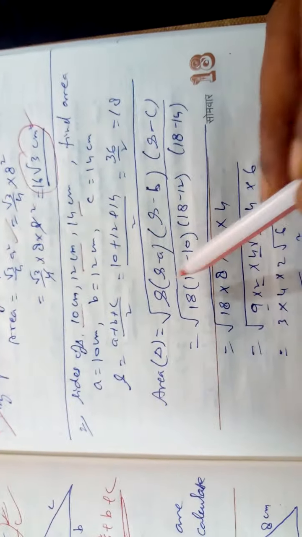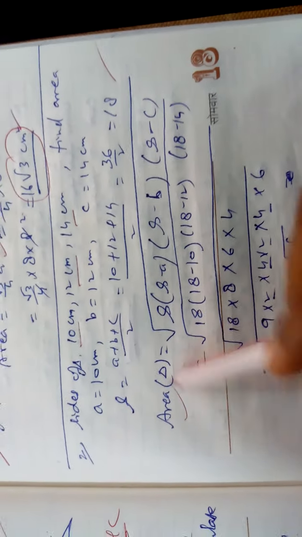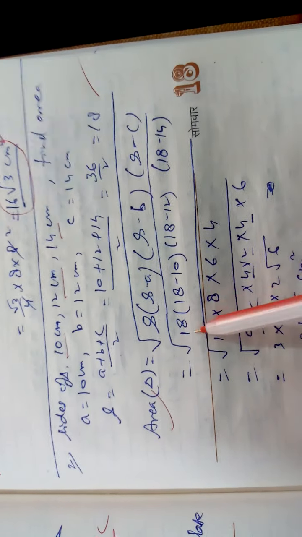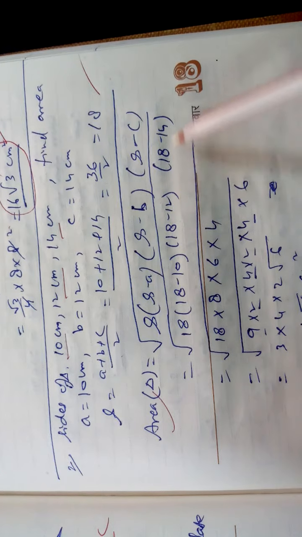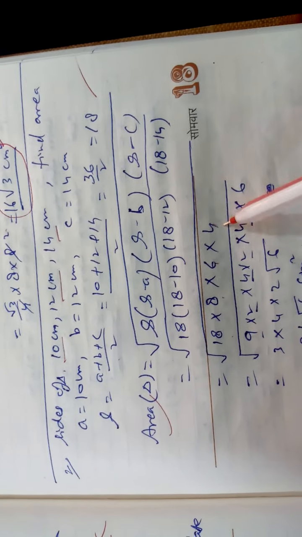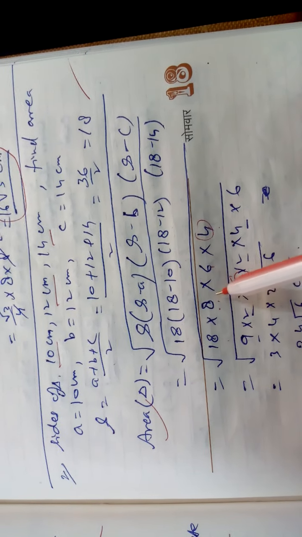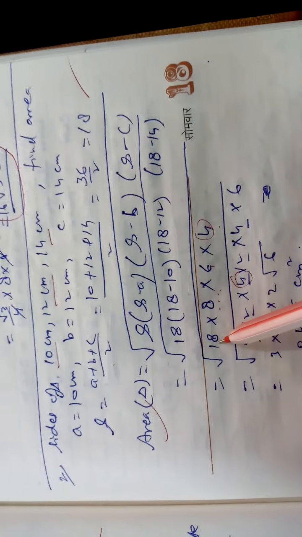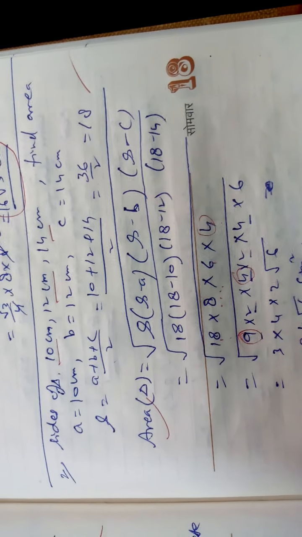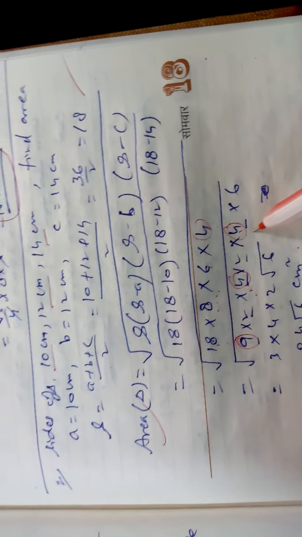Second question: if the three sides of a triangle are given, find the area. A, B, C is given. You find the perimeter, S is 18. Put the value of S, A and B: S minus A, S minus B, S minus C. 18, 8, 6, 4. 4 2s are 8. So one 4 here, one 4 here. Directly, don't write 2 2s are 4, 2 4s are 8. Don't write. 9 2s are 18. 9 is a perfect square. 4 and 4 is forming the pair and is also a perfect square.